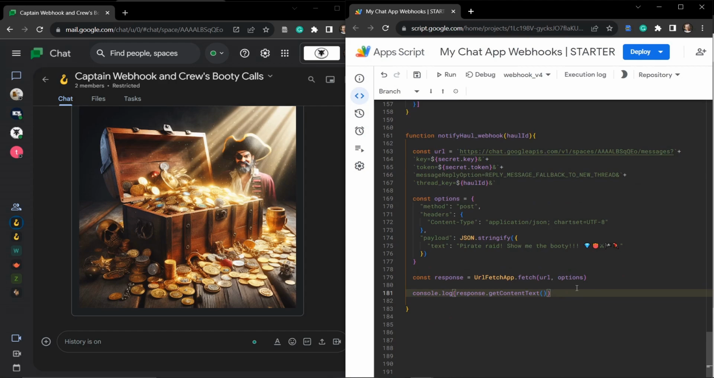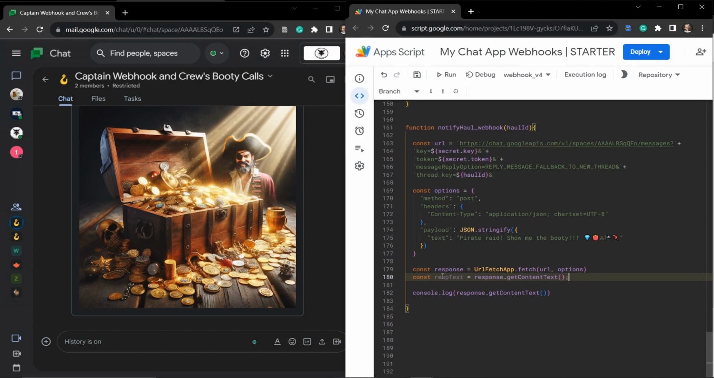What else do we need to change? Our text is fine, pirate raid show booty. This is a good declaration of what's happening. Let's change this around just a little bit. Let's make a const resp text, and that's going to be equal to response dot get content text. We're actually going to be returning this content text, and we can put this in the console log now, replace that. Now we also need to get the